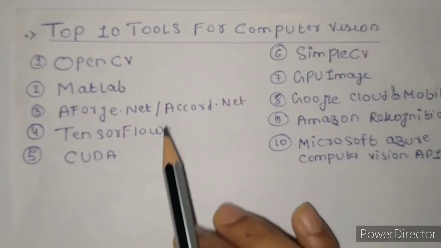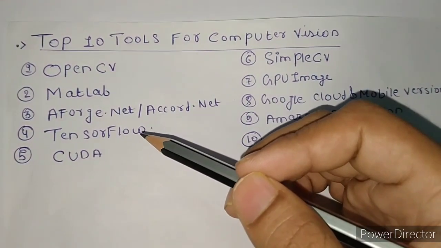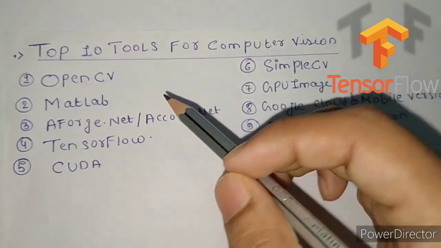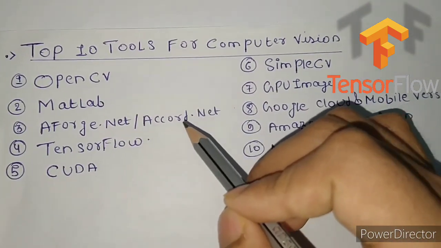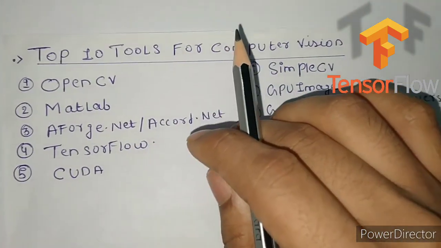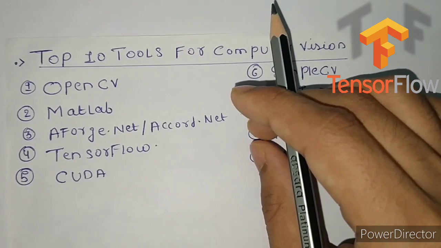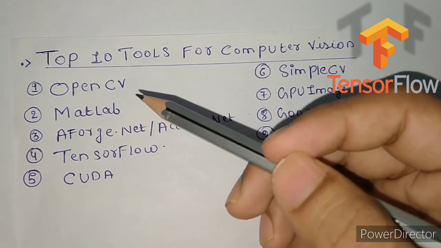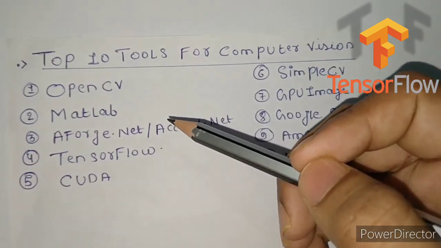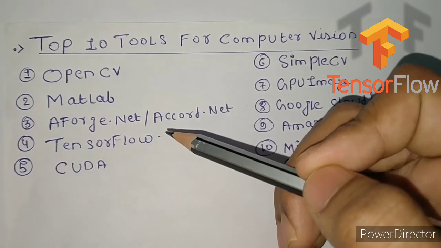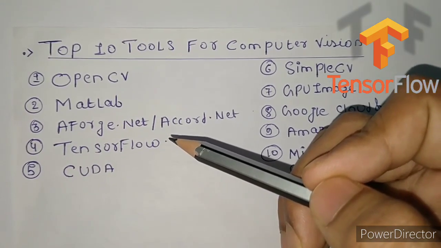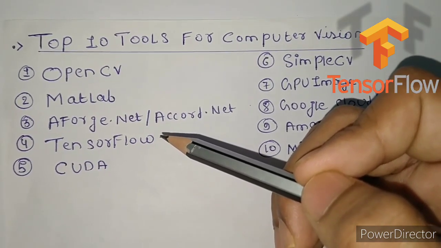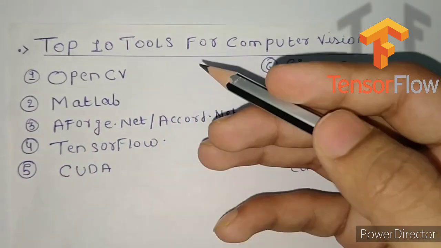Okay, so now it's time for the fourth one, the most interesting part of it, that is TensorFlow. It has been gaining popularity over the years owing to its power and ease of use. It lets you bring the power of deep learning to computer vision and has some great tools to perform image processing or classification. You can make use of the Python API to perform face and expression detection, and you can also perform classification here. But its drawback is that it's extremely resource hungry. You need to have a large amount of data and information, and it can even devour GPU capability in no time.